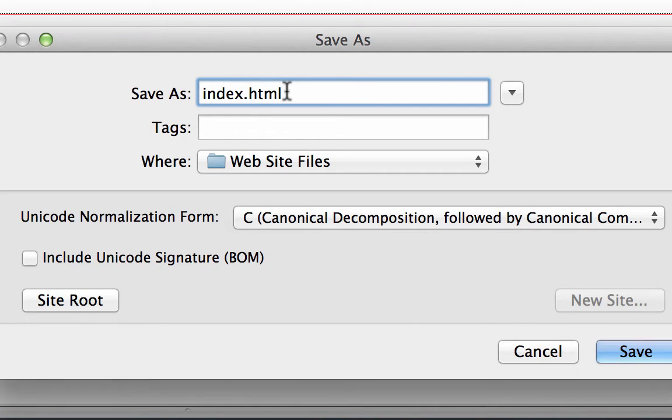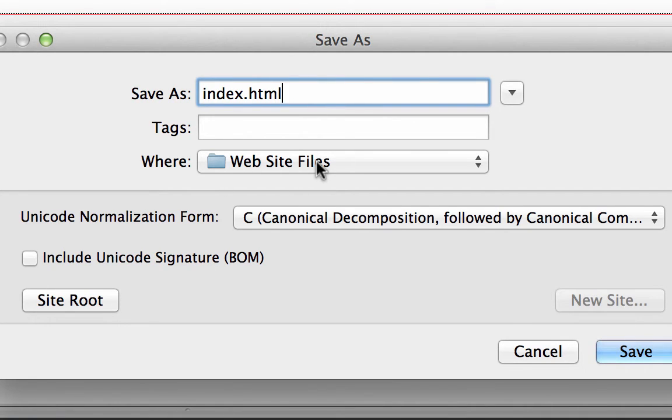It's that specific. So I need to save it as index.html. I'm keeping it all small letters because some servers are very particular about capital letters and small letters, including our UH server. So keep the whole file name in small letters.